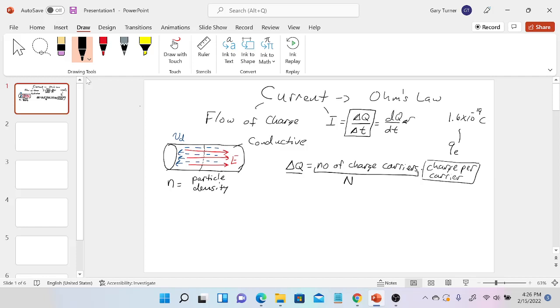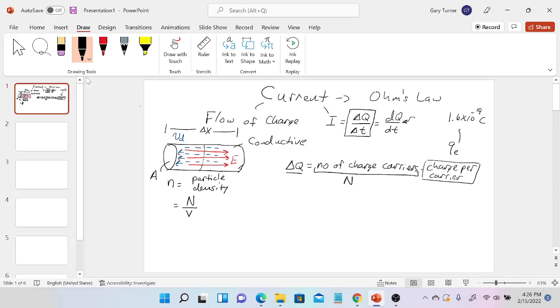And the particle density is equal to the number of charge carriers per unit volume. So it's equal to the total number of charges that are free to move in a given volume. Now, what is the volume that we're interested in? Well, the volume of a cylinder, if I have a wire, is going to be equal to the cross-sectional area of one of the faces multiplied by the length delta x,